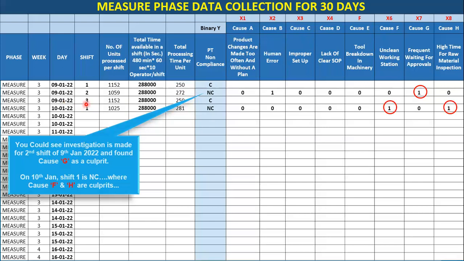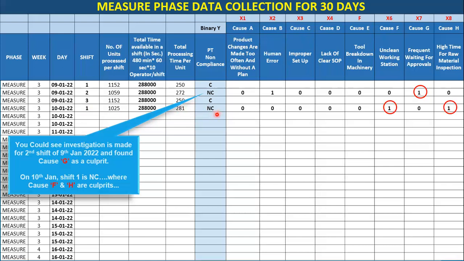The third supervisor from the third shift will also check it, and he also produced 1,152 units. So it is almost 250 processing time per unit. This is compliance, so we are not going to do any investigation over here. It's blank here. On the very next day, first shift, we produced 1,025 units. Yesterday we produced 1,152 units, but here we produced 1,025 units on 10th of January 2022 in the first shift. So total processing time per unit is 281, which is higher than 270, and that is why this shift is